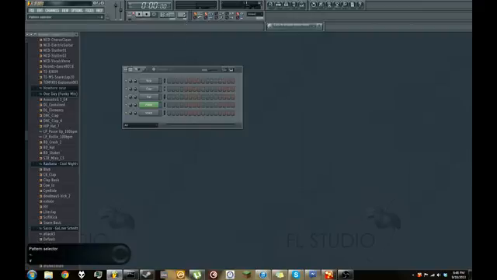So to make things as simple as possible, I'm going to show you how to make a simple drum beat, and then we're going to put a piano over it so you can learn how to make melodies and put it all together into a playlist. So the first thing we are going to do is